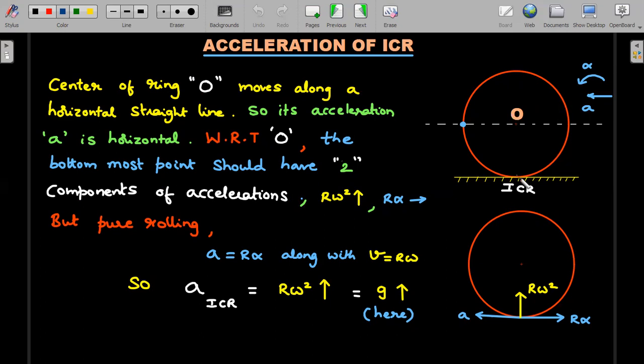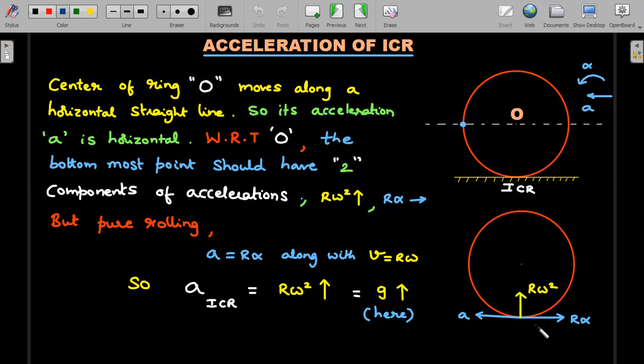In that type of circular motion, there should be a centripetal acceleration called r omega square in this direction, and a tangential acceleration, which should be r alpha. At a distance r here, there should be an r alpha towards the right. I'm assuming alpha is in the anti-clockwise sense, and we'll also prove it is indeed anti-clockwise. So with respect to O, the bottommost point's acceleration should be r omega square and r alpha. Now, with respect to the ground, what should be the acceleration? You should add the acceleration of O back to those two components, so totally with respect to the ground there are three components.